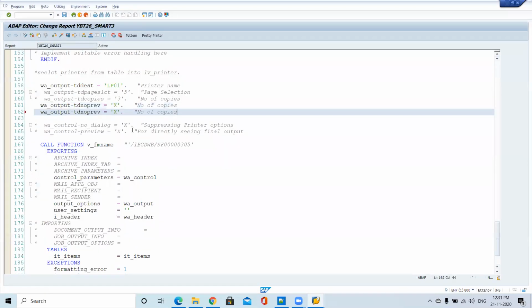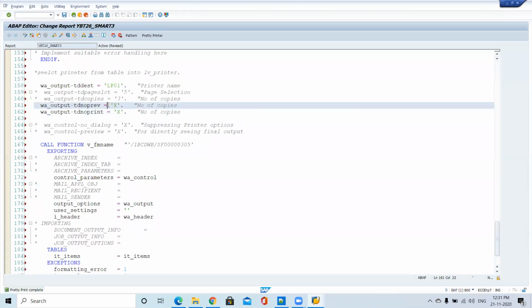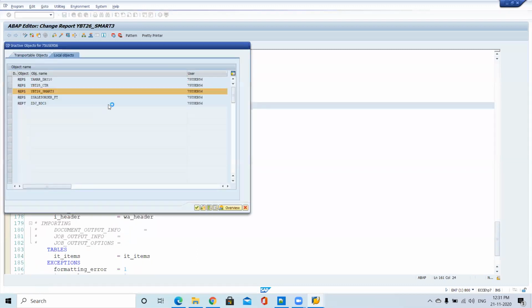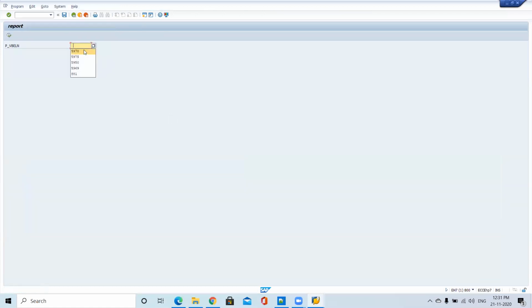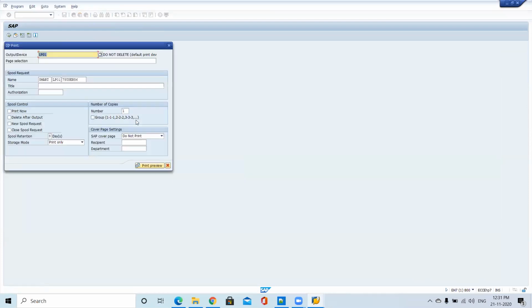In the same way, we have one more parameter, no print. So here we give preview only. If we give a print option, he will take a printout and misuse that information. Customer care people will see the information, but they can't take the printout. Here print is not there, only preview.